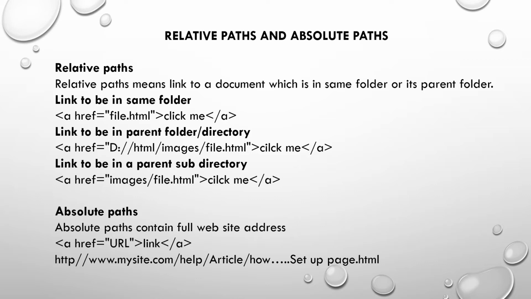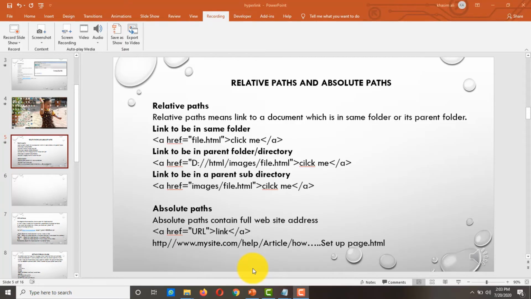The major difference between absolute path and relative path is that an absolute path always includes the domain name of the website, including http://www, whereas relative path links only point to a file or file path. In simple words, a relative path is the path which doesn't have the full website address, and the absolute path provides the full website address. Now we will discuss absolute path and relative path with examples.